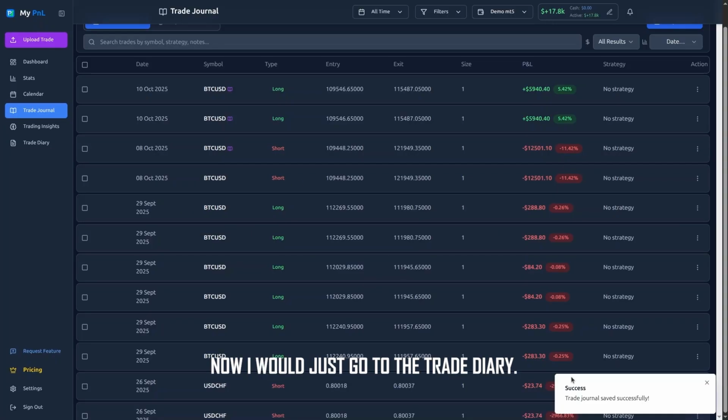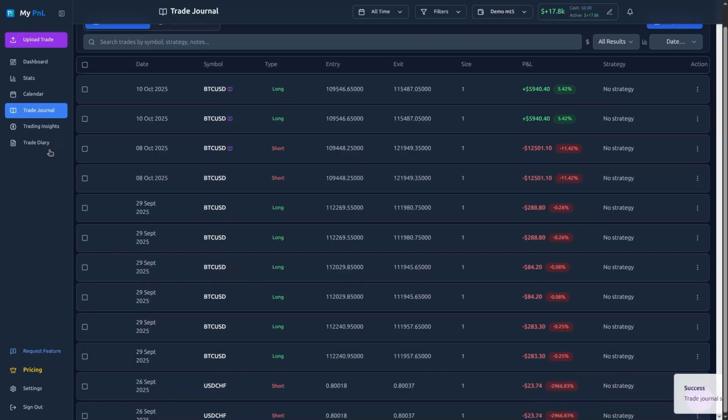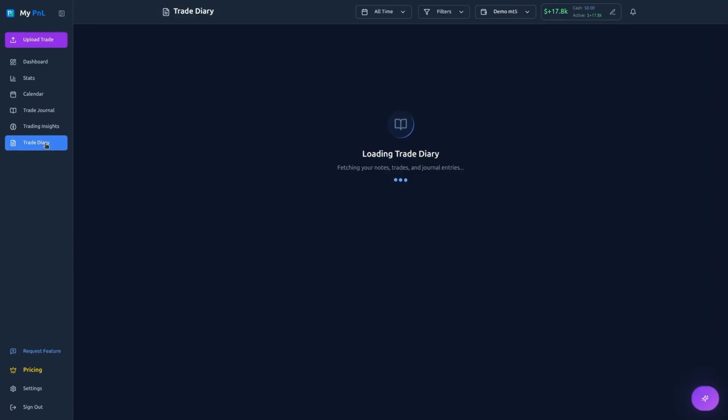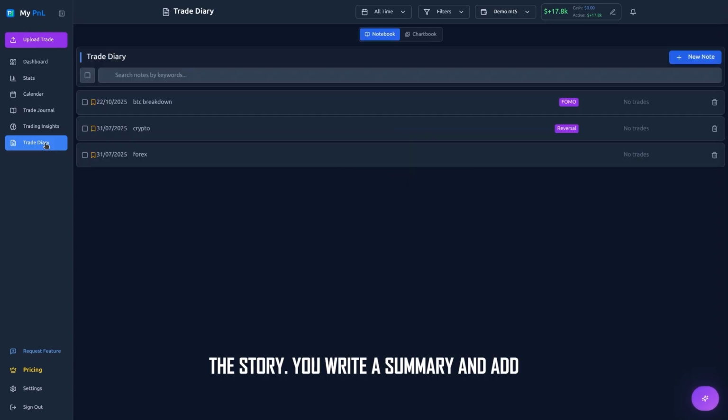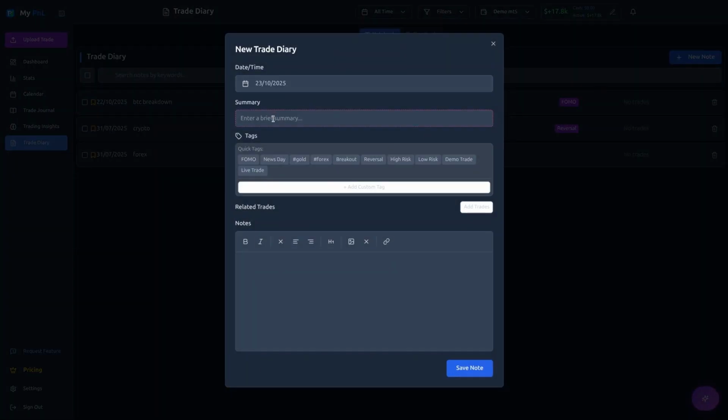Now I would just go to the trade diary. Then we have the trade diary. It tells me the story. You write a summary and add tags like FOMO or revenge trade to capture the emotion behind the decision. Okay, let's just add something to the trade diary. Let's say we have a new note in traded in